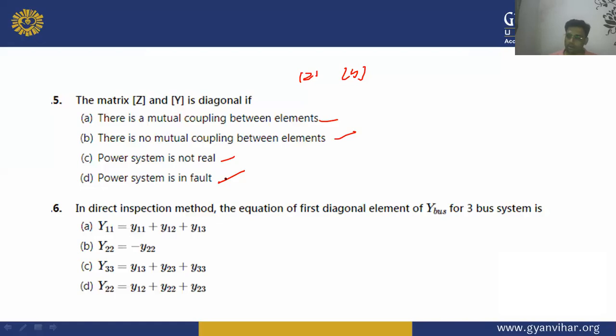No, it cannot be possible that the power system could not be real. This option is wrong. Okay, this is not possible. The power system is in fault. It doesn't matter whether the system is in fault or not. First of all, we cannot go for the fault analysis